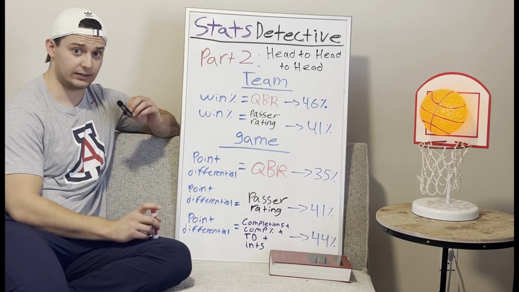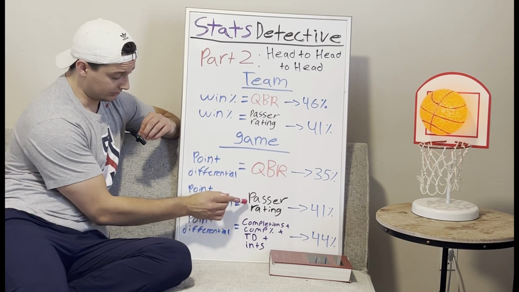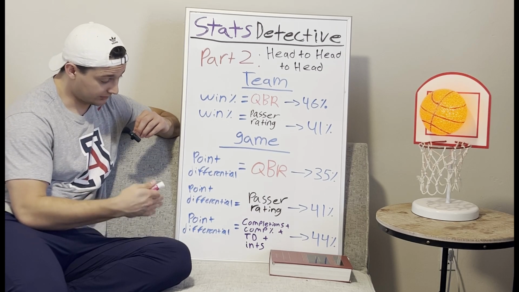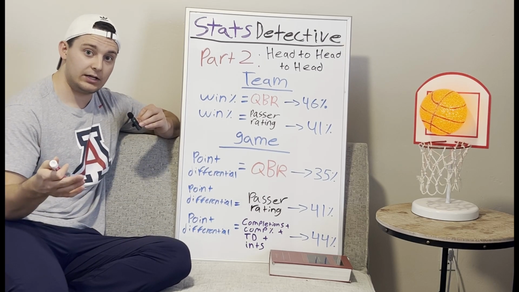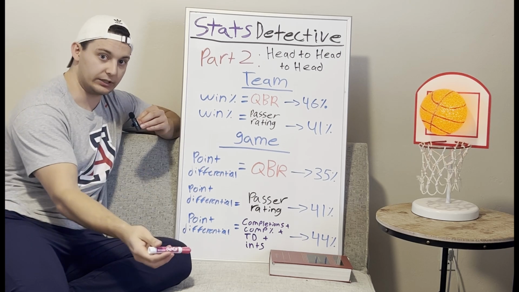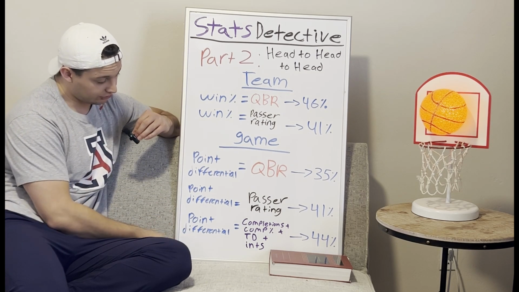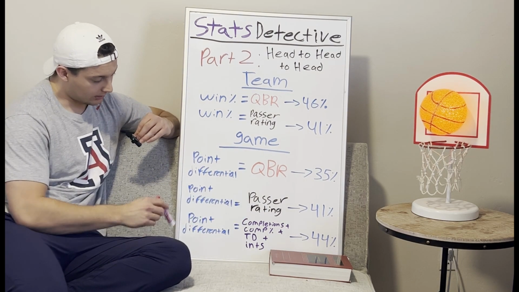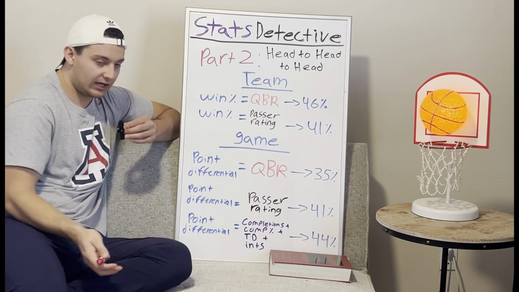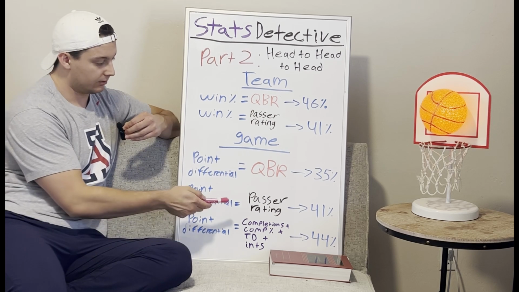I'll also point out that I didn't use any variables in this model that were not also included in both of these models. I just took them, separated them out, and let the mathematical equation weight it appropriately, so that for the situation at hand, which is point differential, I got a better predictor of the outcome. That's how statistical models work. It's why they're better than these stats.